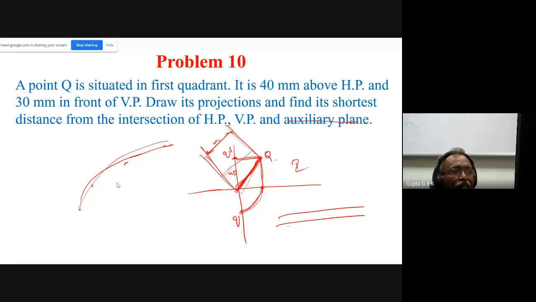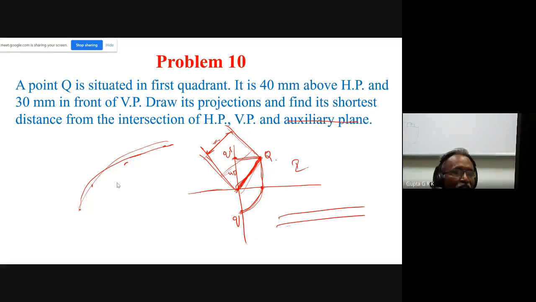4 points will not be on the same arc of one circle. It is not a circle, right? So either you use a French curve if you have, or you draw a freehand line. Like that, you have to draw the ellipse for the oblong method and the concentric circle method. Is it okay? Anything else you want to ask?